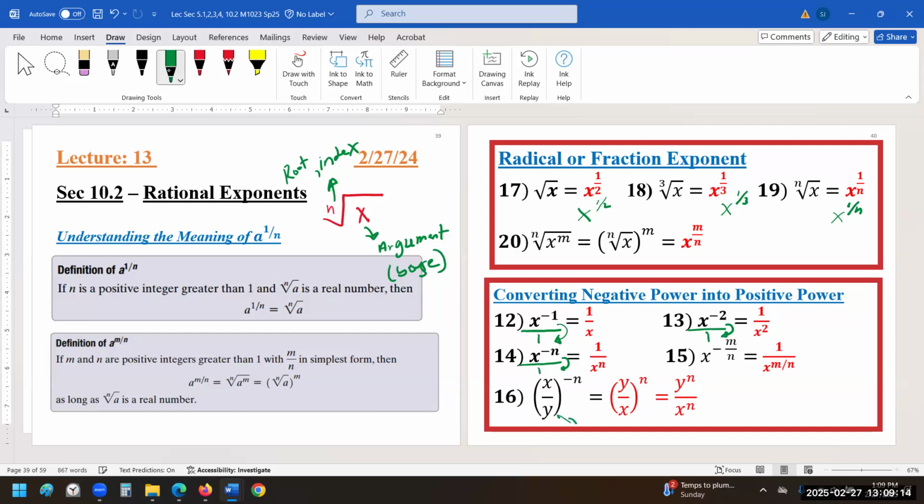So this is actually the same as, let me write here. We have x to the negative n over y to the negative n, because we distribute the power. But we don't like either of them because they both have negative powers. So what we do, we put this on the bottom and we put this on the top, and they turn into positive y to the n over x to the n, which is the exact same thing as this one. So that's why if you just switch your division, the negative power turns into positive. Now, any question on any of the rules?